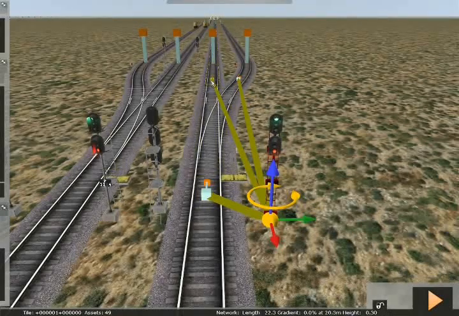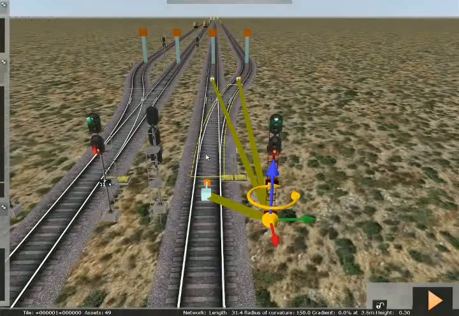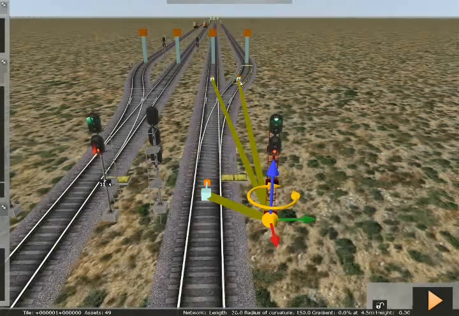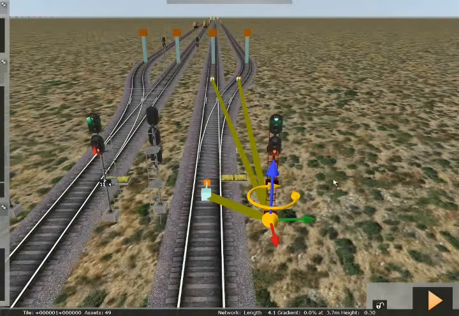As the rear of the train clears link 1 coming in this direction, link 1 just subtracts 1 from its train count. Same here, as the train clears link 0 passing in this direction, this link would just subtract 1 from its train count. So this link would now be clear, the signal would be clear, and all of these would be clear. So this is important